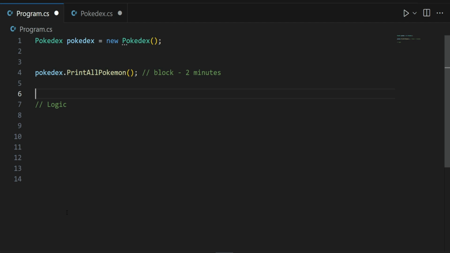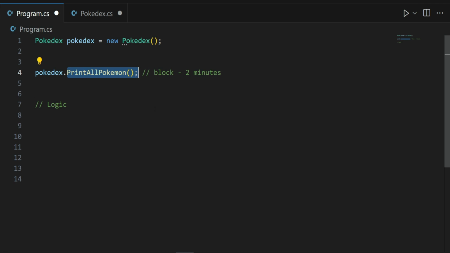With asynchronous programming, this will run in the background, it will run by itself until it's done, and we can continue with the other code. So our program will not be stuck, right? Imagine you're using some kind of app on your phone or maybe a program. We want to be able to still use our application while some methods and some functionality is running by itself and doing its own thing. We also want to know when this is over, right? We want to know that this entire operation was completed,